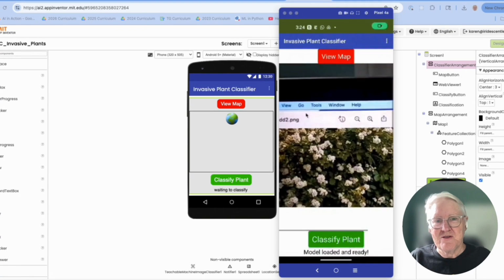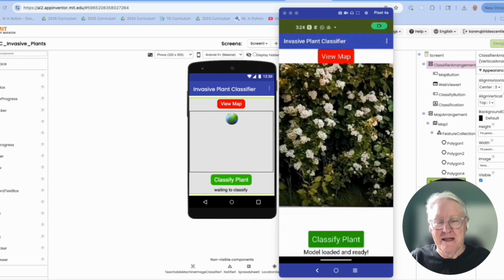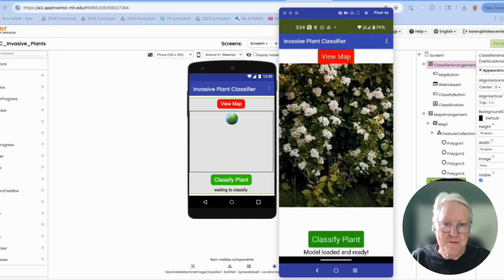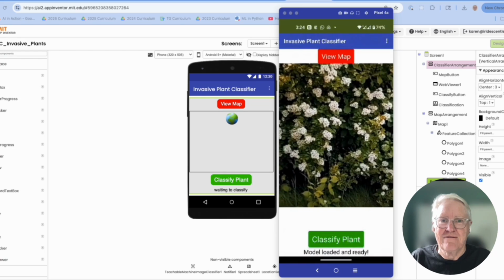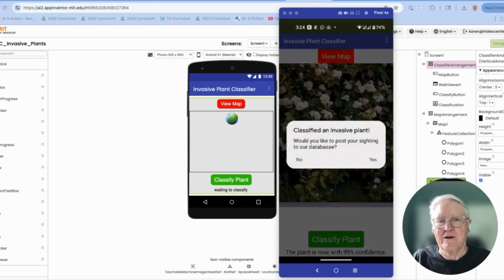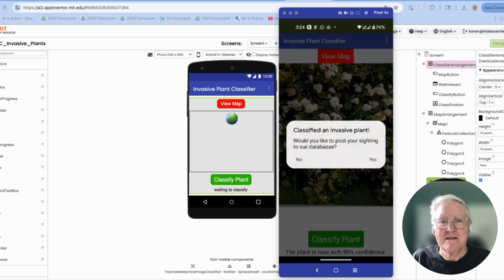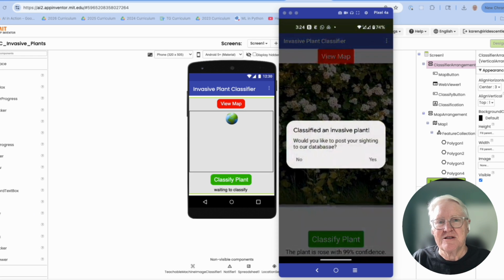The idea for this app is to detect invasive plants using a machine learning model. So I'm going to use a local example, 3 different plants in my area. The app will use a model to detect if I'm taking a picture of one of those 3 invasive plants or not. If I do find an invasive plant, I'm going to be able to store that information in the